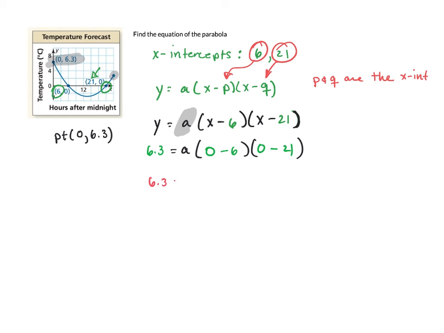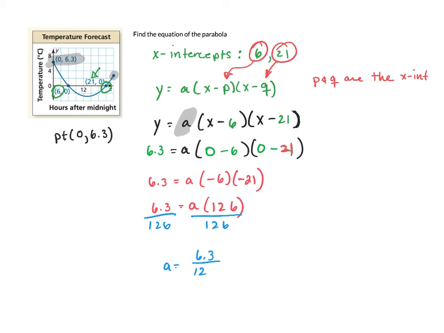So 6.3 equals a times 0 minus 6, negative 6. 0 minus 21, negative 21. We'll do that multiplication at this point. I think it's 126. It'll become positive. And finally, we'll do that division to get the a alone. Divide by 126. And so a is equal to